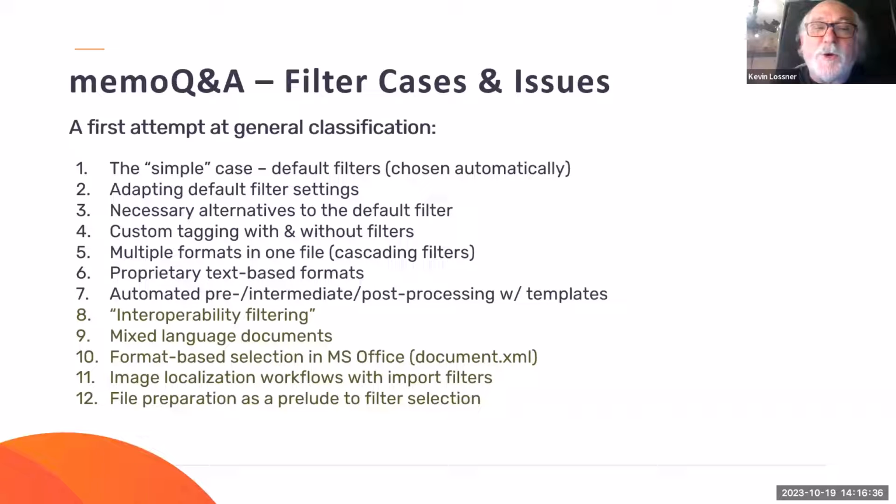Yeah, and then there's a few other aspects that we're going to get into. Some of them we'll touch on today. I'm going to show you an example of dealing with mixed language documents and a built-in facility that memoQ has for that, which strangely a lot of people are not aware of, and it's not perfect, but for individuals